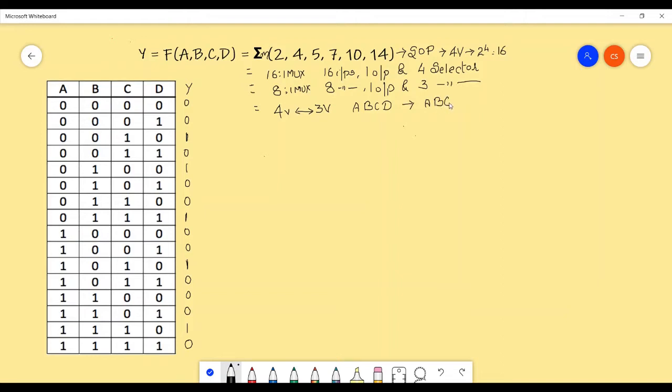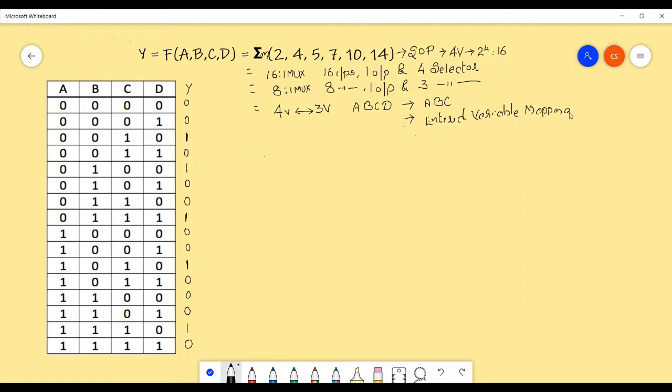A, B, C or A, B, D or A, C, D, anything. One of the variable has to be left out. And the method whatever we are employing in order to eliminate a variable from the given function, we call it as entered variable mapping method. We have studied this.